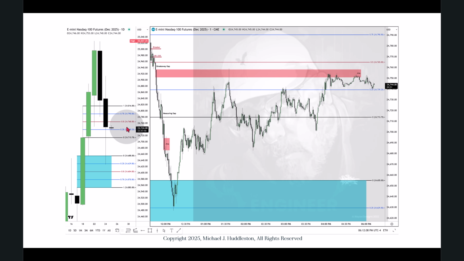So hopefully you can see the benefits of having the gradient levels over top of premium and discount wicks. The question about why did I use one wick and not another? It's because I start with the first one going to the left, and I have those levels there on the chart. And then I have this one would be the next one I would have on there. And I'm looking for the one that the algorithm is respecting.